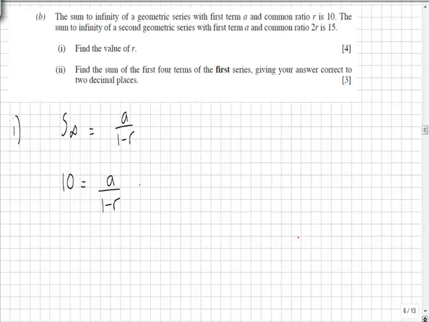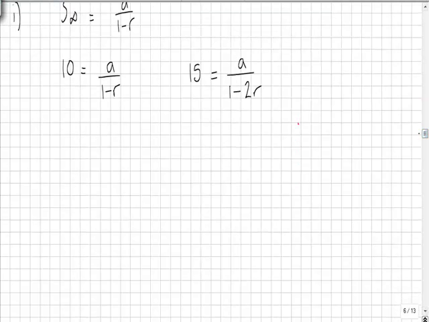And then we have a second sum to infinity with first term a again, but common ratio 2r. And this sums to 15. So a over 1 minus 2r. Here you can see that we have two equations with two unknowns. So if we just rearrange them to make them a little easier to use, multiply by 1 minus r on both sides here,